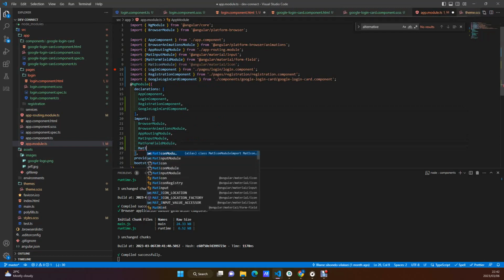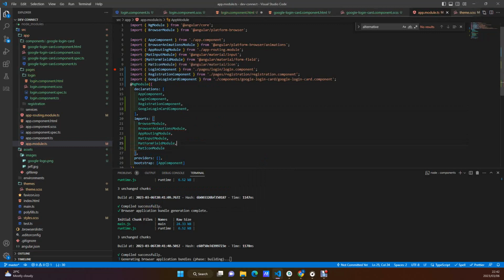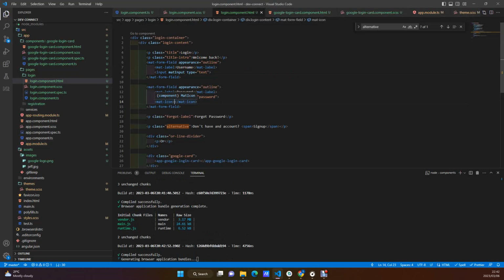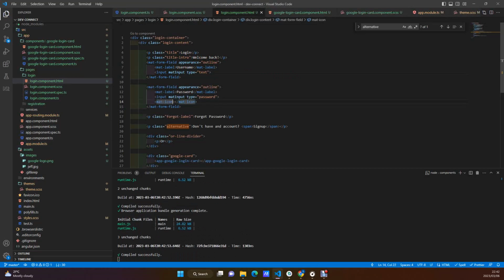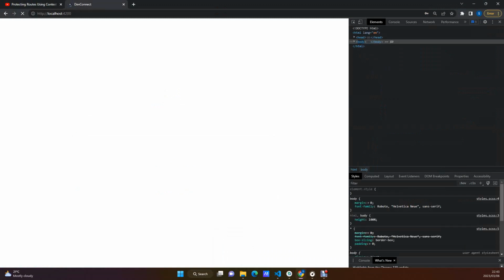So mat icon module. So for this mat icon module, this should do the trick, and then this should be of mat suffix, if not mistaken, right? So this should be mat suffix,